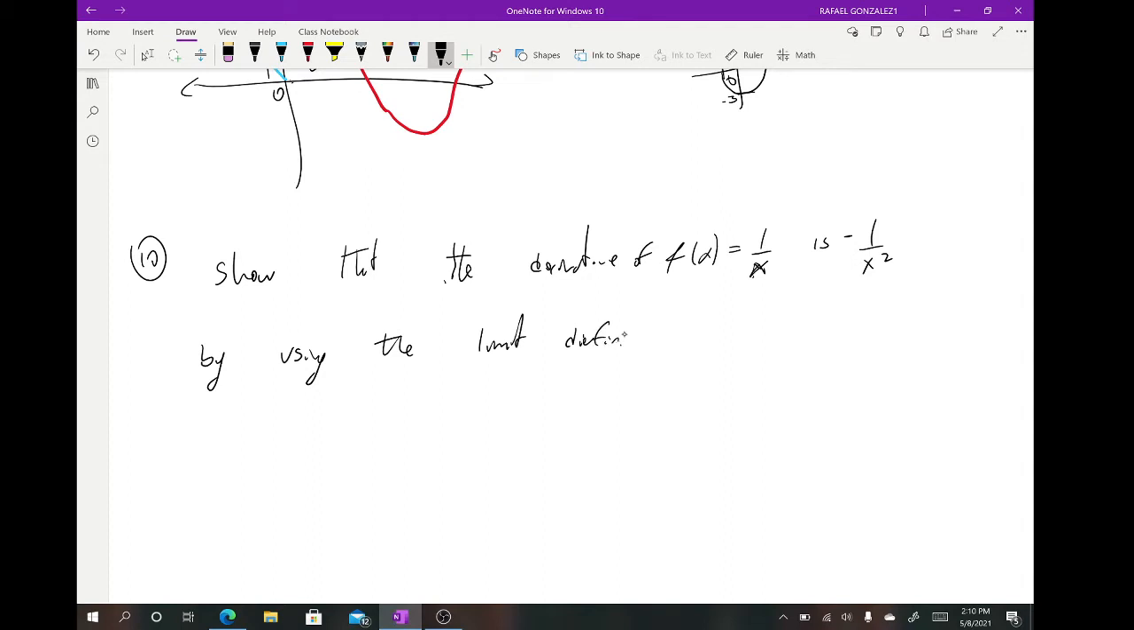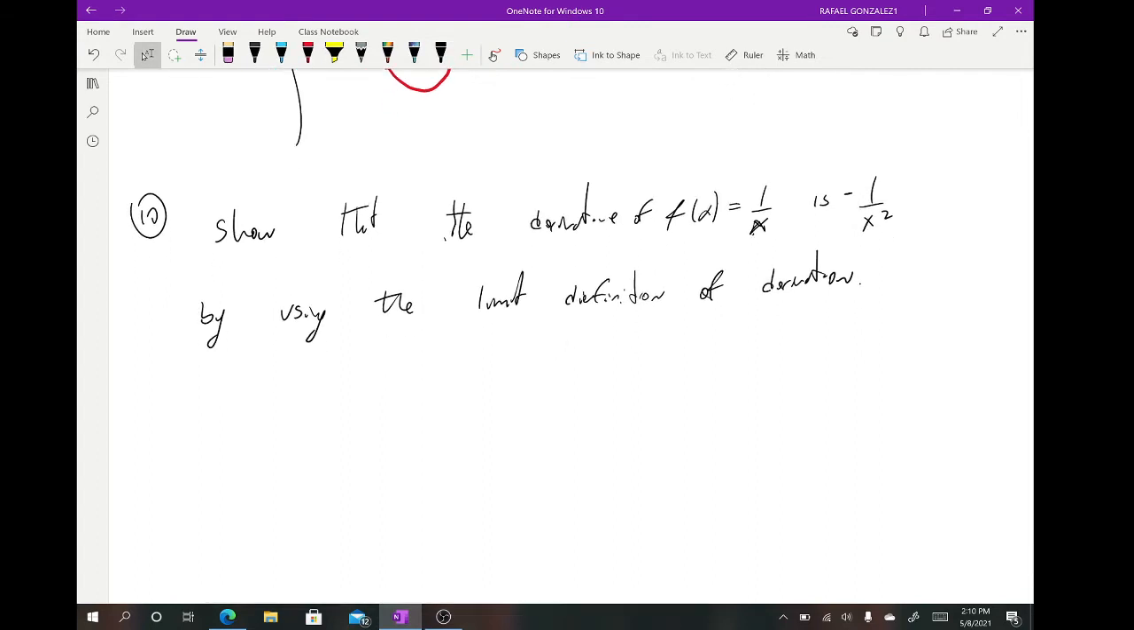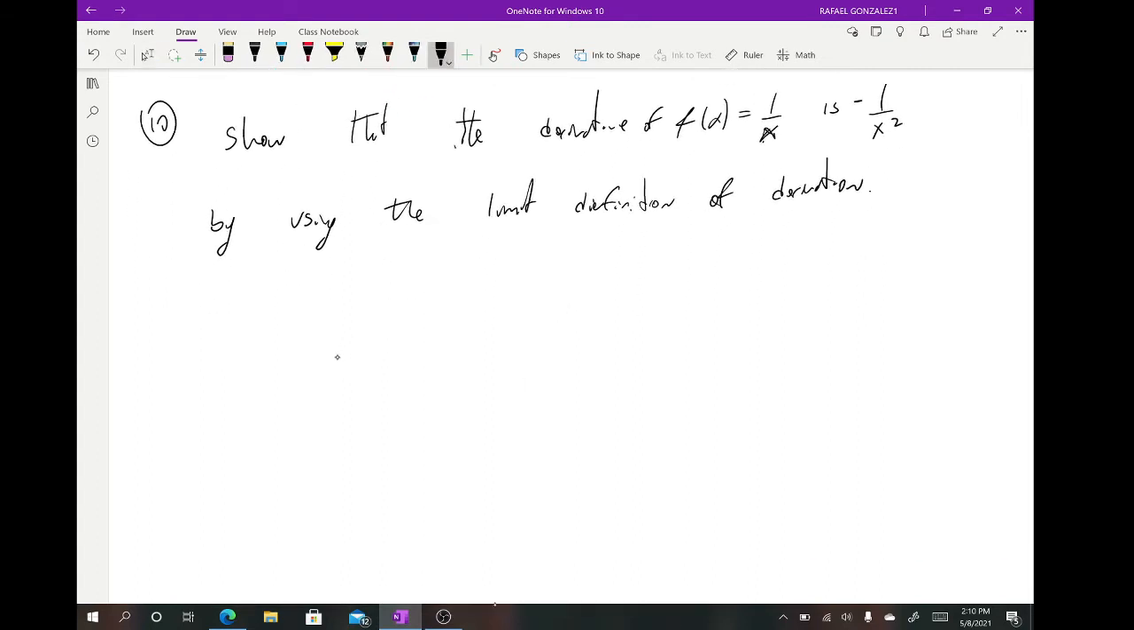Definition of the derivative. The question is actually worded a little bit differently. The question is worded as the limit of a difference quotient, but that's the limit definition of the derivative. So if you don't recall, when we define the derivative, we define it as a limit, and it's the limit as delta x goes to 0 of